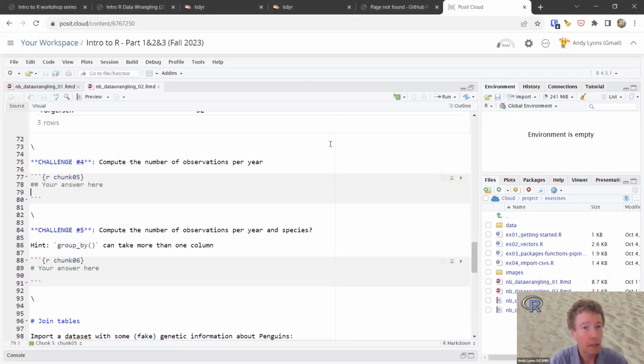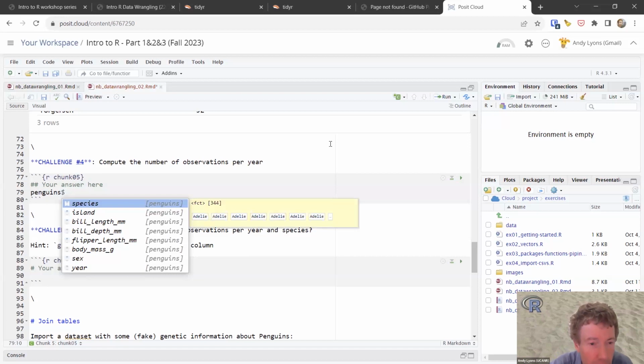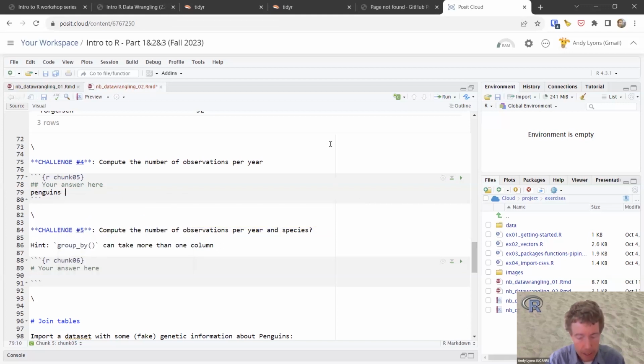All right, let's proceed here. So compute the number of observations per year. Well, let's start with penguins. That's probably a good place to start. I kind of forget the names of the columns here, so I'm going to use that $ operator. Let's see, is there one called year? There's one called year. All right, well, this would be pretty easy. So I'm going to pipe that into